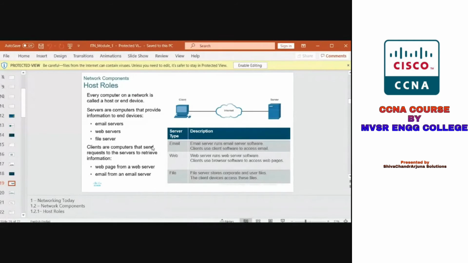And servers are computers that provide information to the end devices. Different servers you can see: email servers, web services, file services. Generally the client can use web browsers to retrieve this information, such as a web page from the web server or email from the email server.